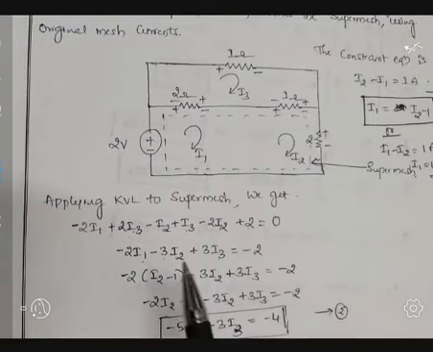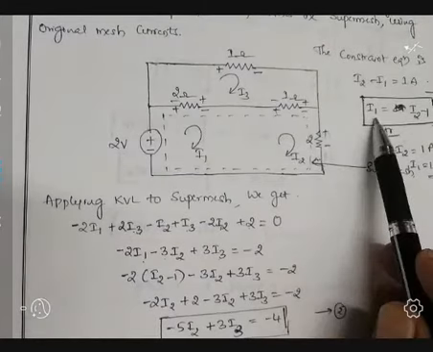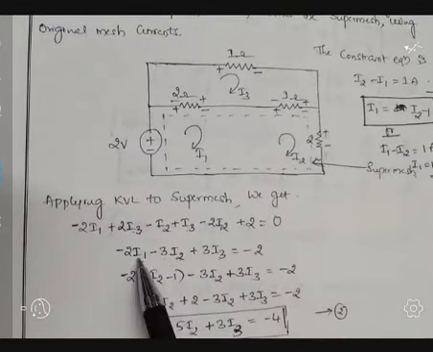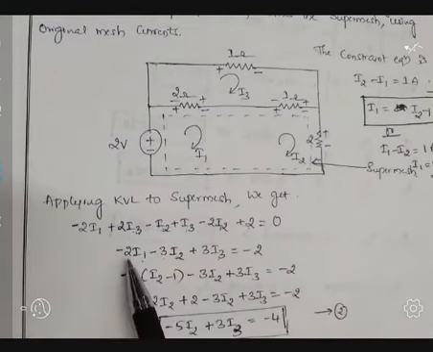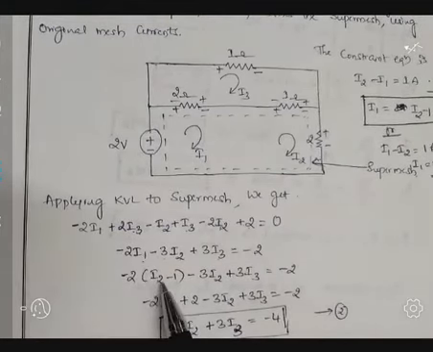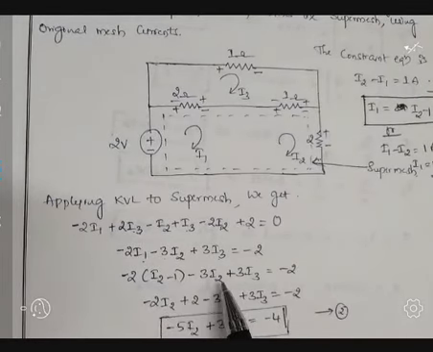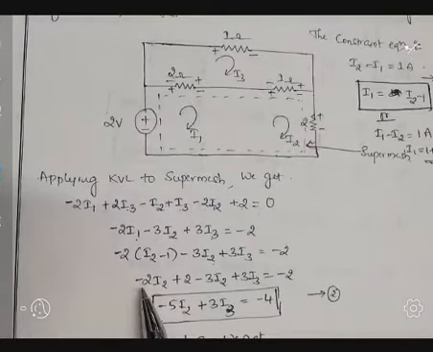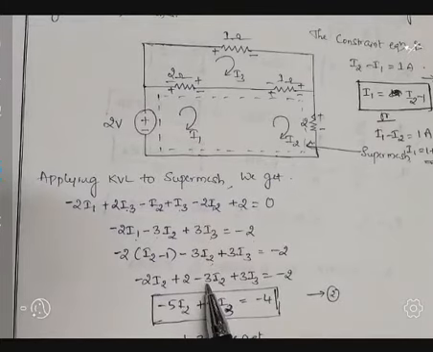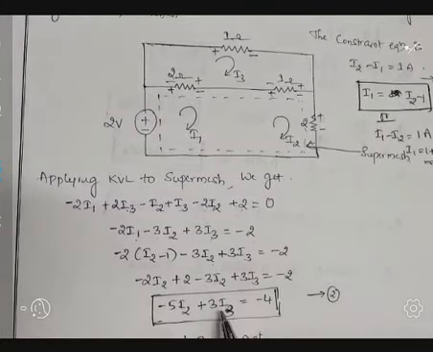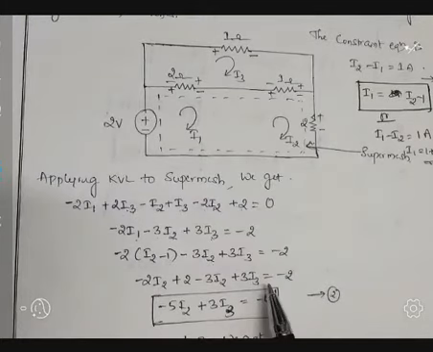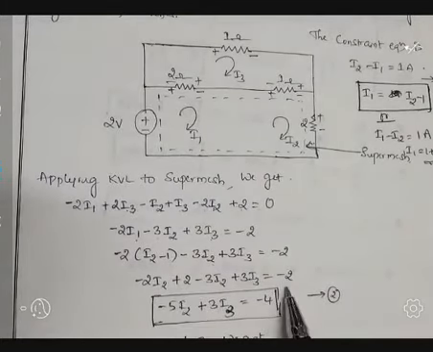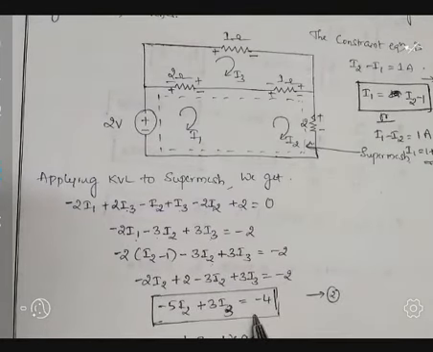Okay, fine. But we know the value of I1. Already we calculated I1 equal to I2 minus I1. Let us substitute the value of I1 here. Hence minus 2 as it is. In place of I1, I am going to write I2 minus I1, the remaining part as it is. Next step is minus 2 I2, minus into minus plus 2, the remaining part as it is. Next, further simplification, observe the coefficients of I2 here. Minus 2 is there, minus 3 is there. So hence minus 5 I2 plus 3 I3. If I take 2 towards the other side of the equal, it becomes minus. Minus 2 minus 2, it becomes minus 4. Let us write this as equation 2.